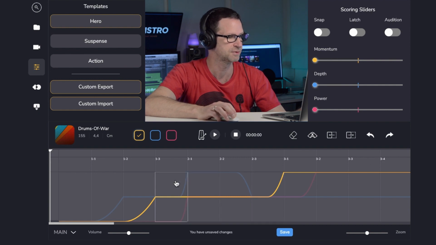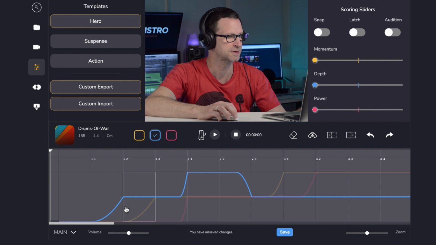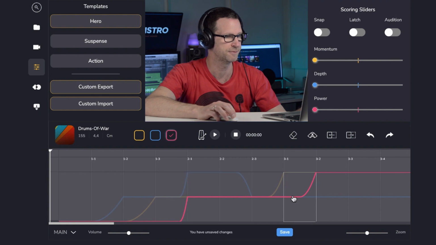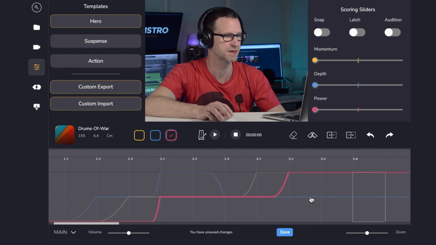If I just tab with my number 2 to the depth, I can see what the depth is doing. I can see that it's going to get quite dark for section 2 here, or the beginning of section 2. And then in terms of power, just tapping number 3 on my keyboard to look at power, I can see there's basically a gradual build-up, which then persists until the end of the track, which is here,